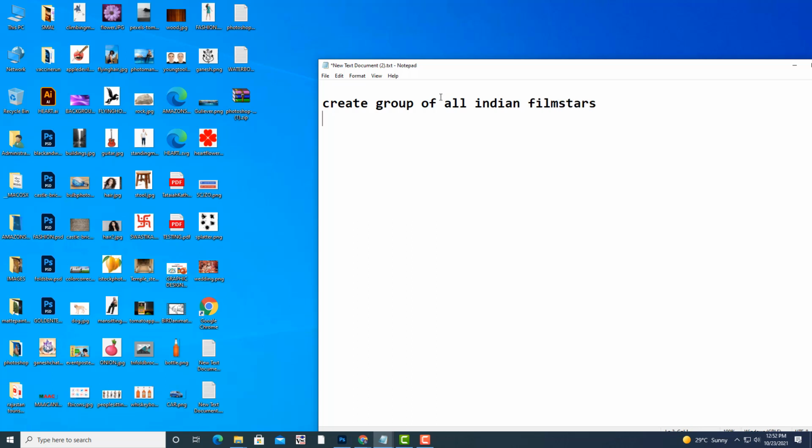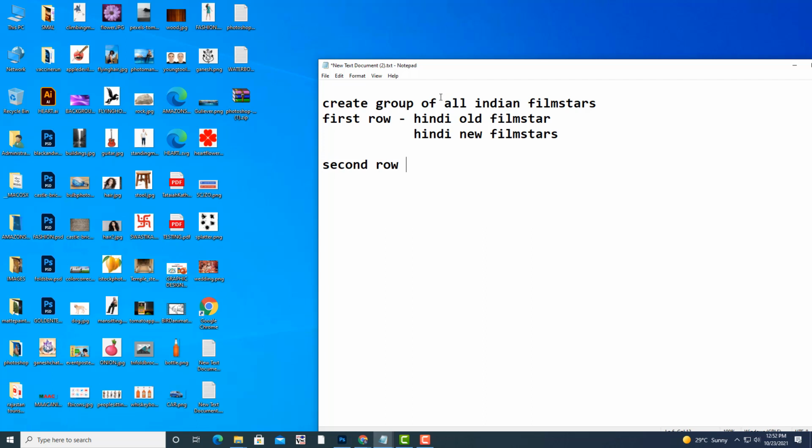And how you have to create the groups? I will tell you how you have to organize. See, first row, you have to put Hindi old film stars. Then Hindi new film stars, and then next second row.